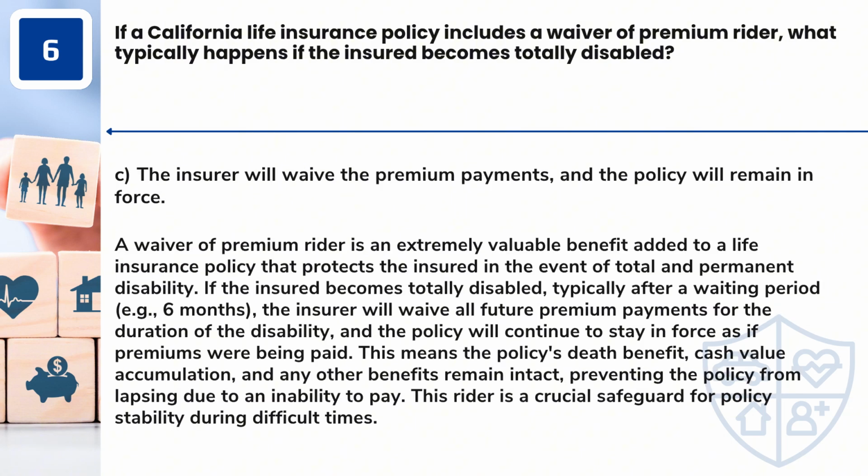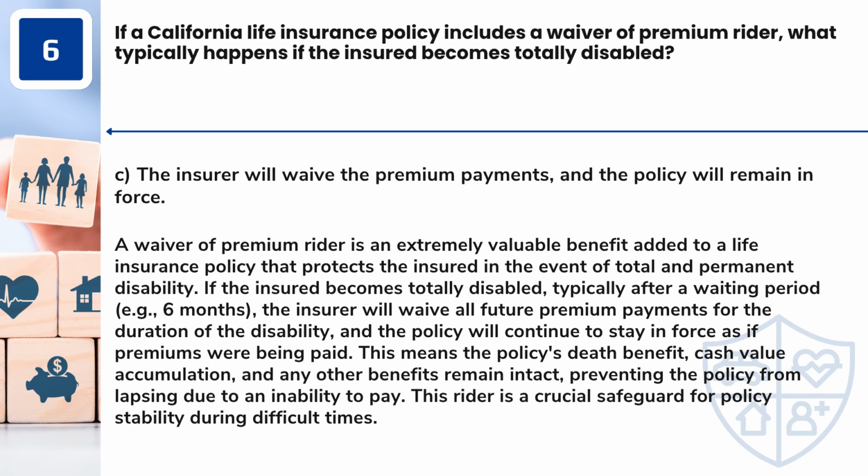Answer: C. The insurer will waive the premium payments, and the policy will remain in force. A waiver of premium rider is an extremely valuable benefit added to a life insurance policy that protects the insured in the event of total and permanent disability. If the insured becomes totally disabled, typically after a waiting period, for example 6 months, the insurer will waive all future premium payments for the duration of the disability, and the policy will continue to stay in force as if premiums